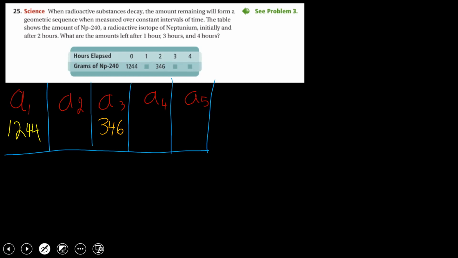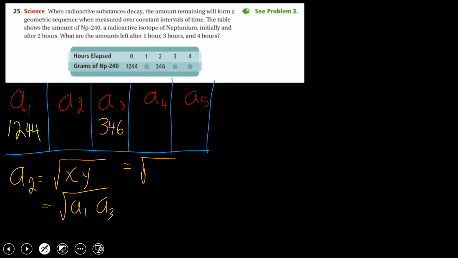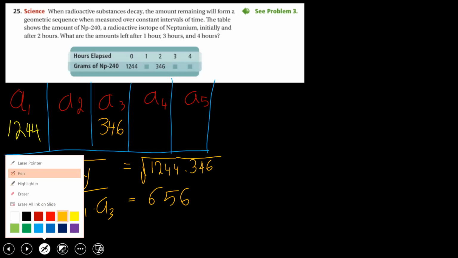The geometric mean, which is to find a sub 2, is the square root of x times y. That means the first term times the third term, which is equal to the square root of 1,244 times 346. Then the answer is 656. And don't forget here, you have to write